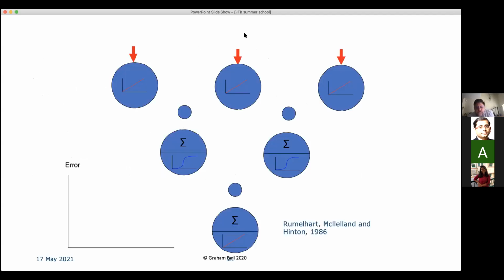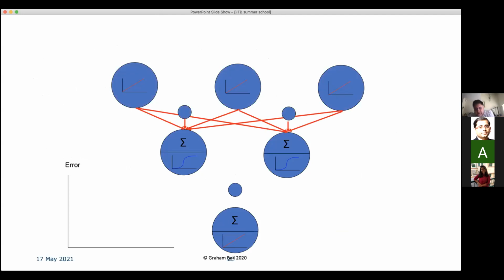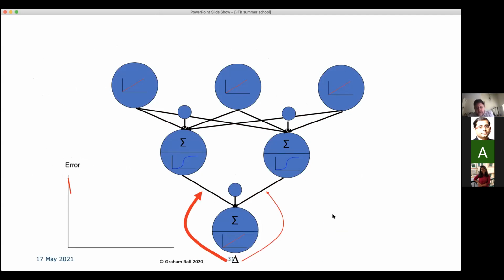So how does a neural network work? Well, as I said, we have an input layer, which could represent our genes or proteins. And that's then fed through, because it's a feed-forward neural network. And then it makes a prediction, so it compares to what actually happened. That prediction has an error, and then that error is fed back. So it's a feed-forward back propagation neural network.